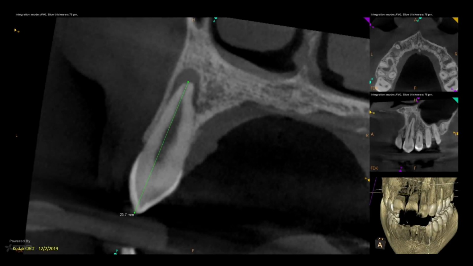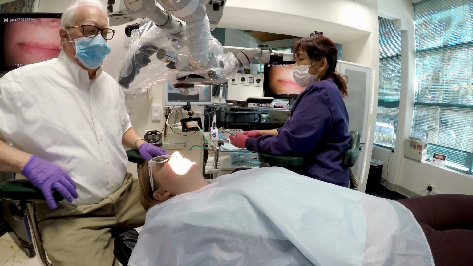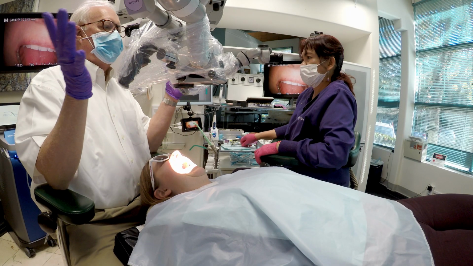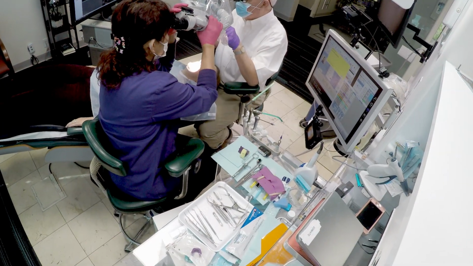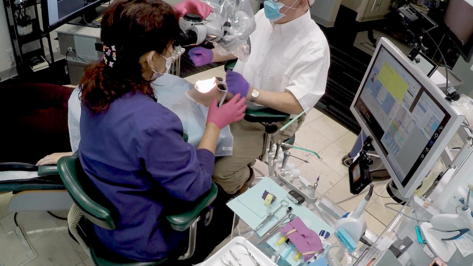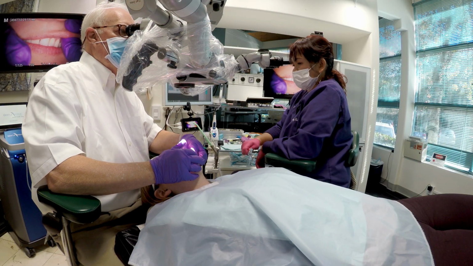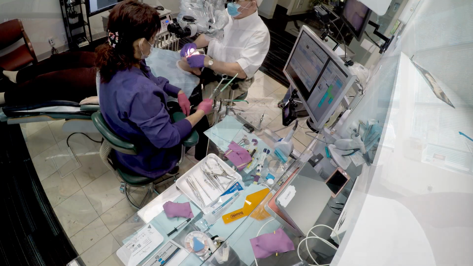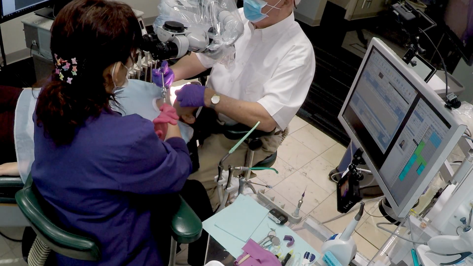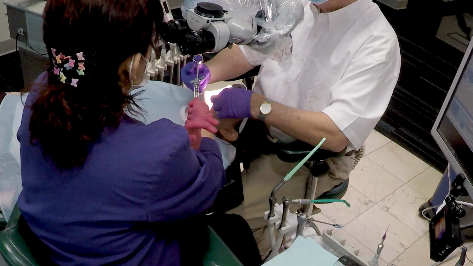Let's use giving anesthesia as a perfect example of why various angles are so helpful in getting your team ready. So to start, you always want to start with the start your engines drill. And even doing multiple angles for that start your engines drill, you can see how the assistant is getting ready and correct a lot of inefficiencies. So giving anesthesia, showing this from various angles, being able to zoom in and show it in slow motion